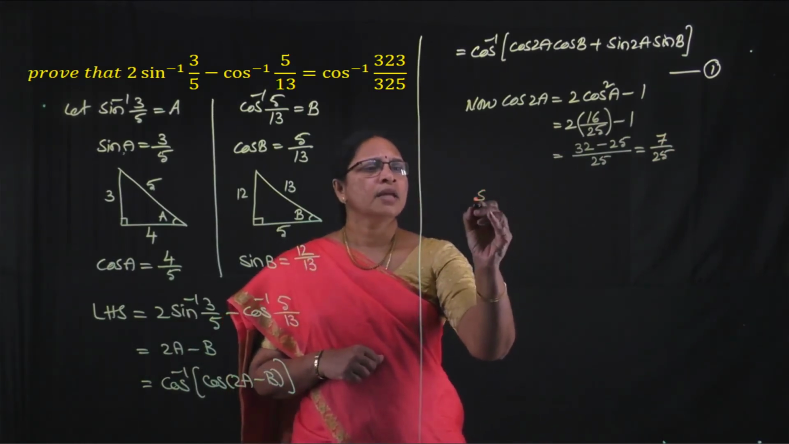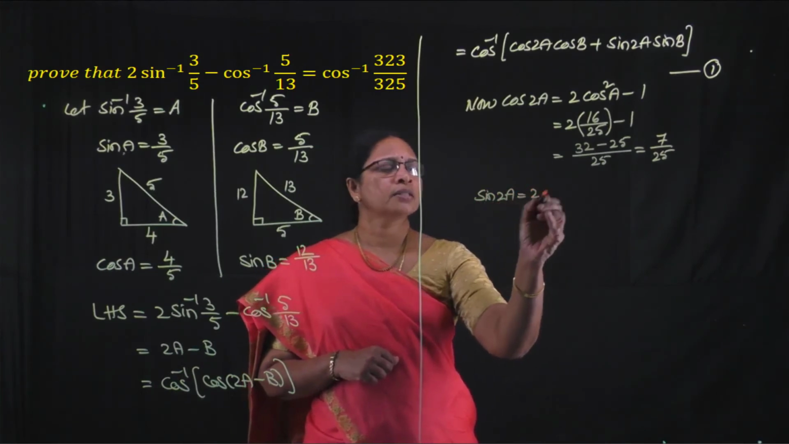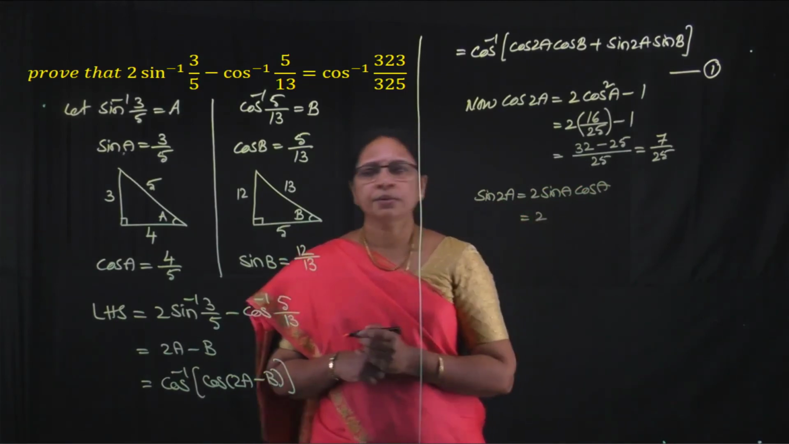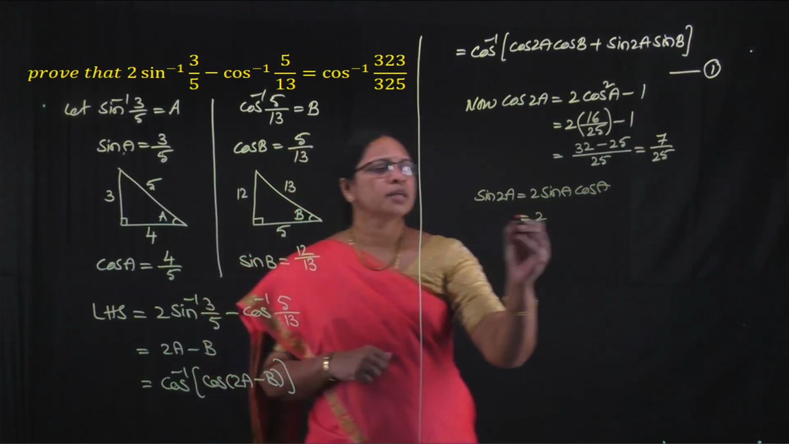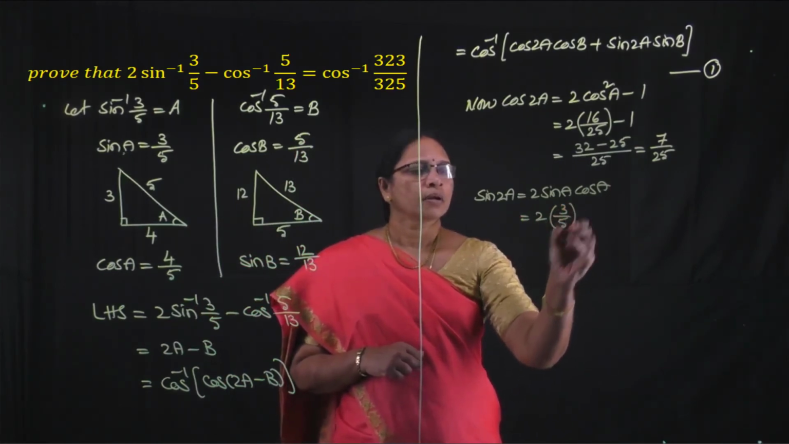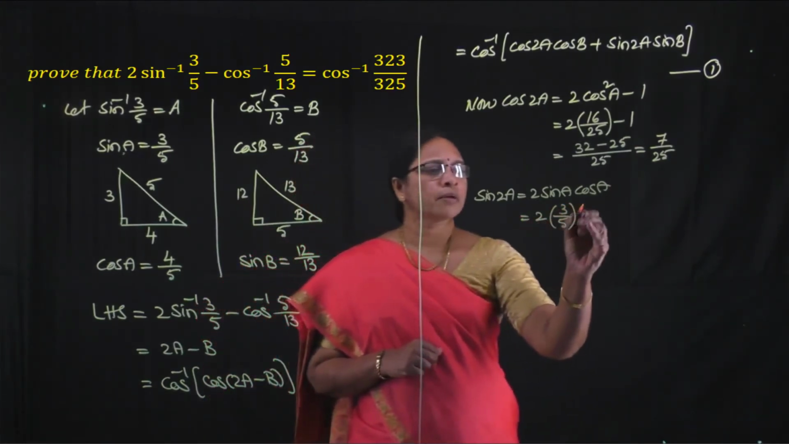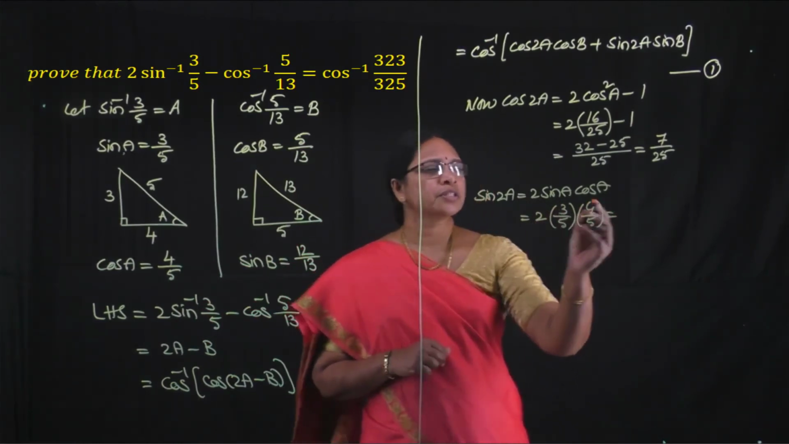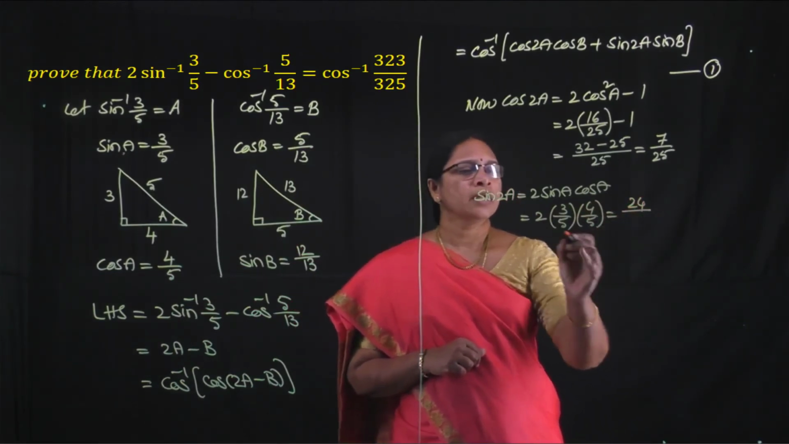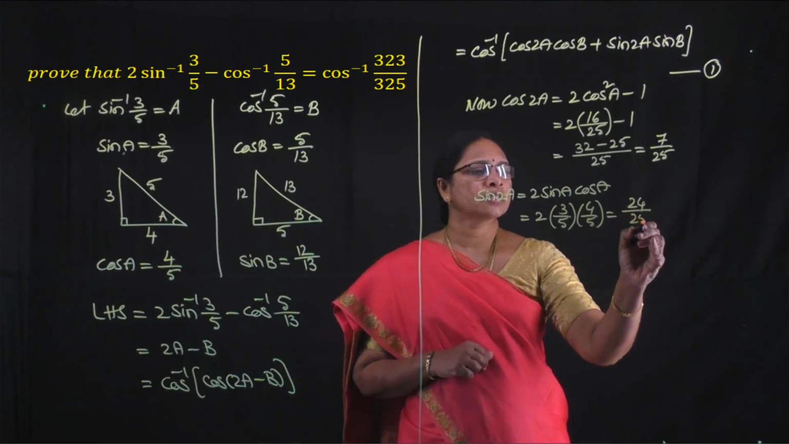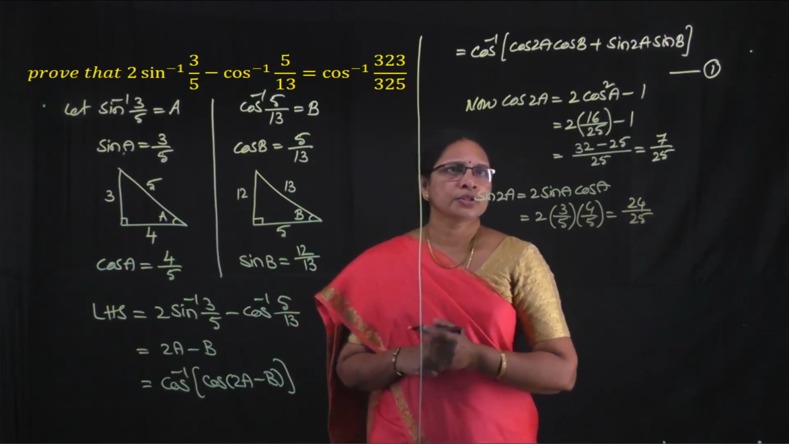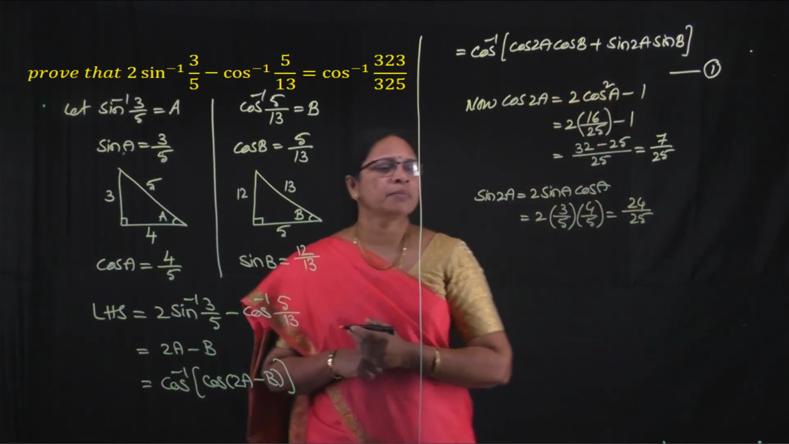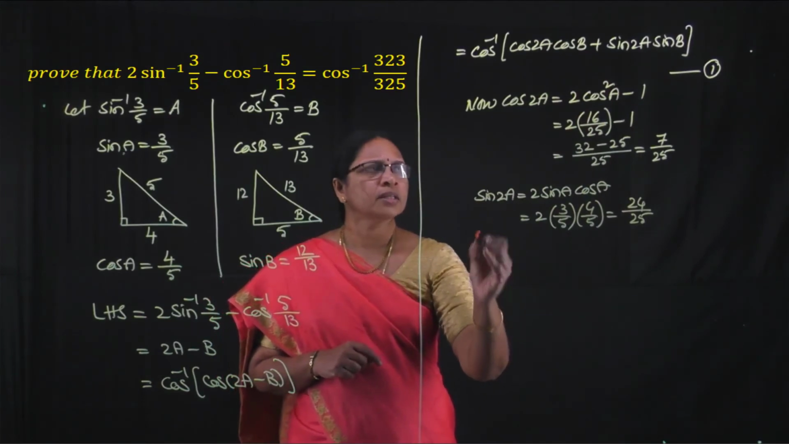And sin 2A. Sin 2A is equal to 2 sin A cos A, that equal to 2 into, here sin A is 3 by 5 and cos A is 4 by 5. That is equal to 2 into 3, 6, 6 into 4, 24 by denominator is 5 into 5, that is 25. So substitute the values of cos 2A, sin 2A and cos B, sin B in equation 1. Here equation 1 becomes